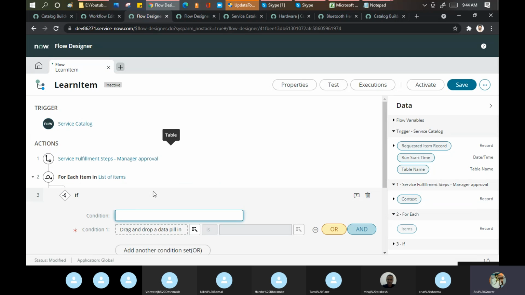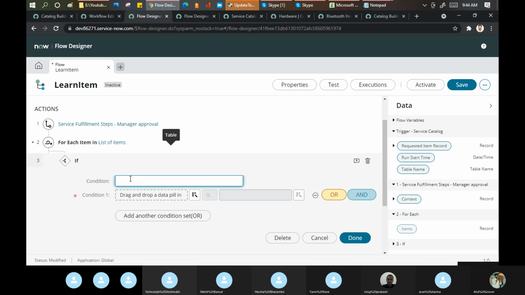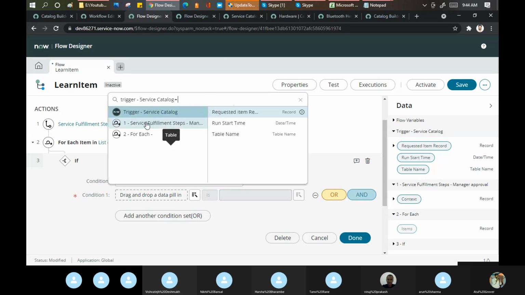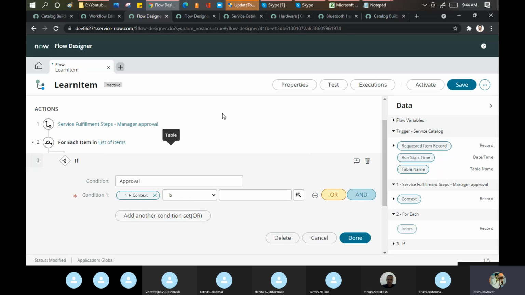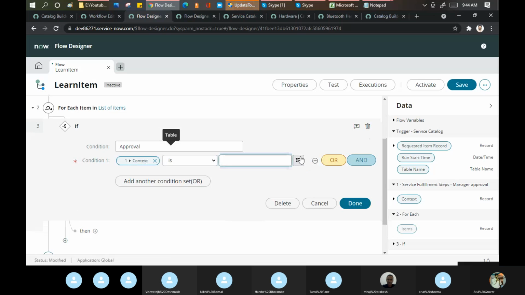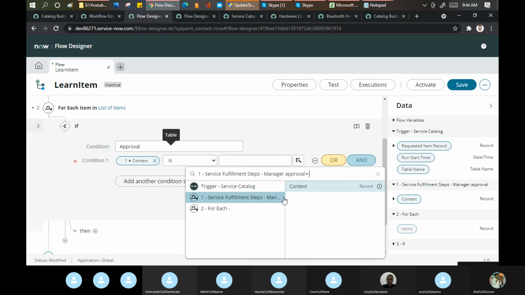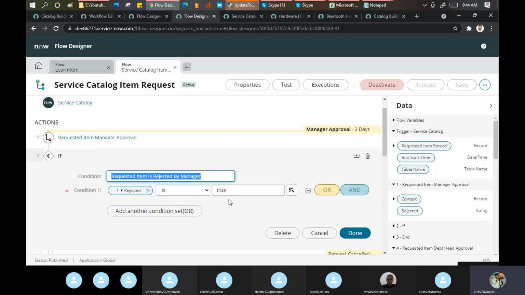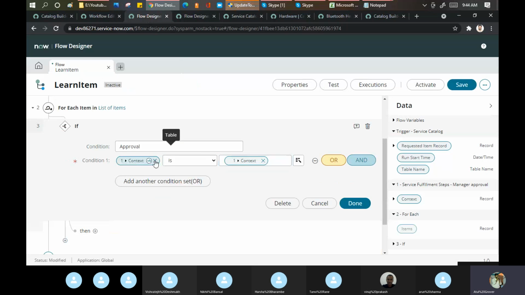If condition, if, let's say approval condition record. If the record on this has some value or not, it's true, rejected is true. Okay, they are putting the rejection, not context.